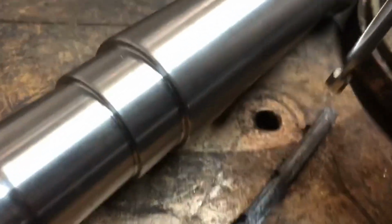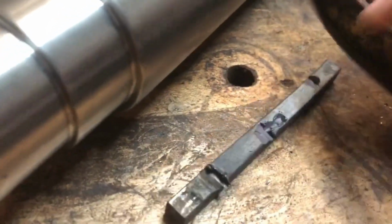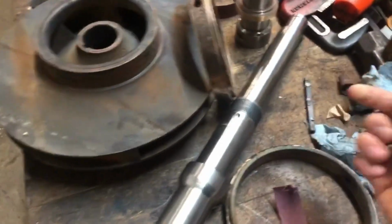However, it is not. And plus it was really seized in there, so he had to gouge it out getting it out. We don't have any 5/16 key stock, so what I started yesterday is I took a stainless bolt, and you can see, definitely stainless,